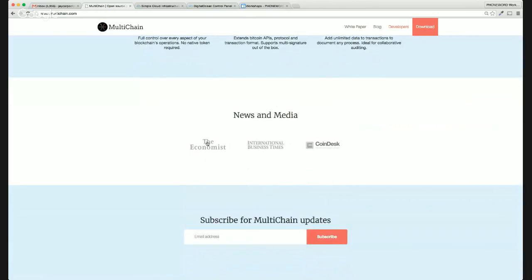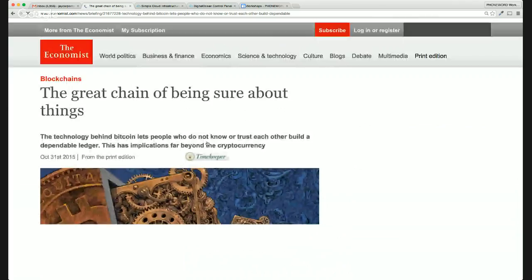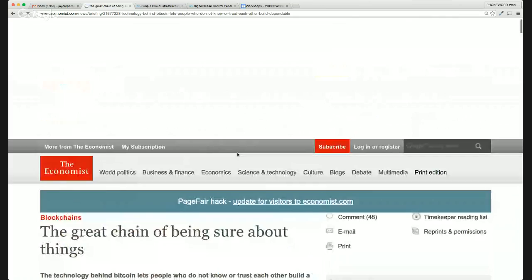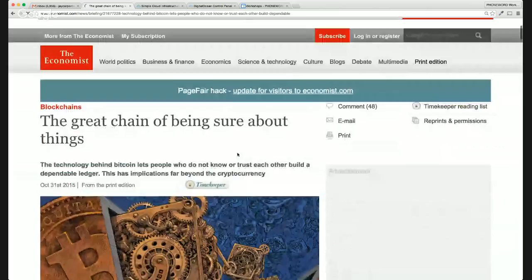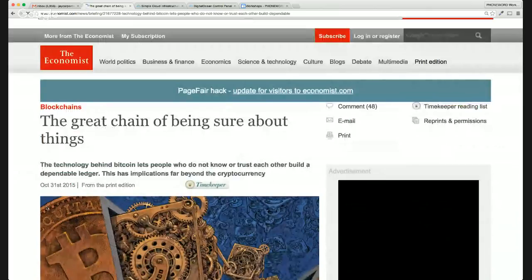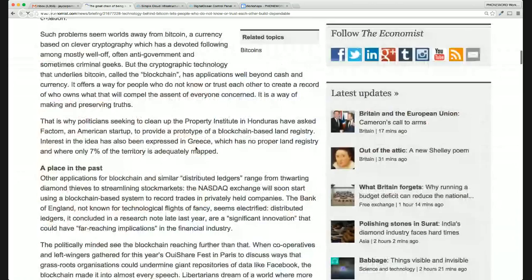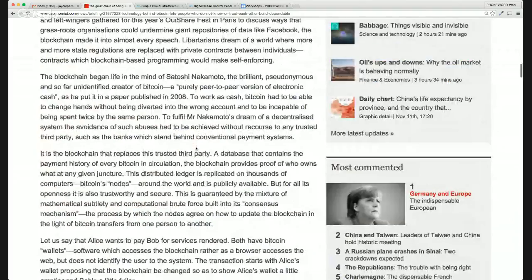attracted some very interesting attention, including an article in The Economist. Here's the Great Chain of Being Sure About Things article that recently was in The Economist, October 31st. And I highly recommend you take a look at this if you're new to the blockchain. And within this, there is a mention of MultiChain